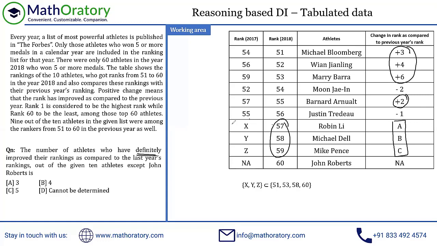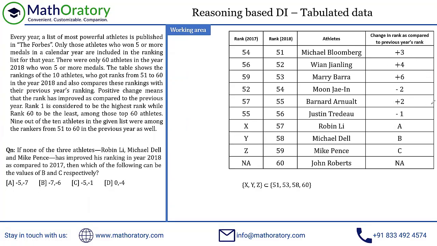So I hope you have seen it by now. This is 51, this is 53, and this is 58. I can do this, right? So this is possible. If I have this, then A, B, C all are negative. So we cannot say definitely they have improved their ranking. But these four individuals have definitely improved their rankings, right? That is already given to us. So the answer for this should be option B. Please be careful about what we are looking for, whether we're looking for a definite one or a possible one. Accordingly, you have to analyze the question. So let's go into the next one now.